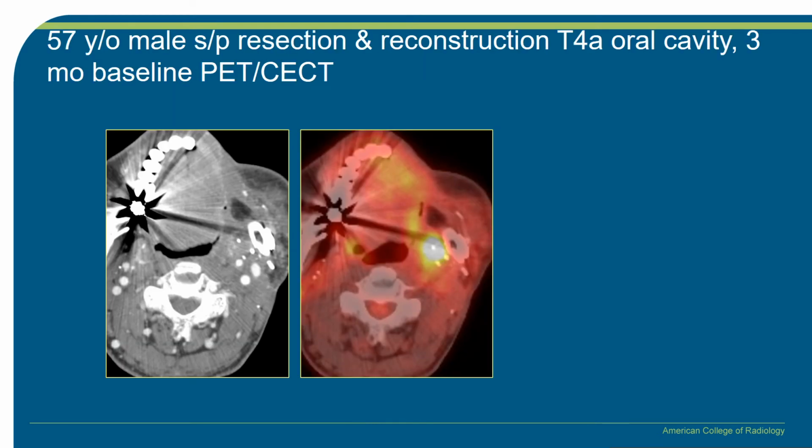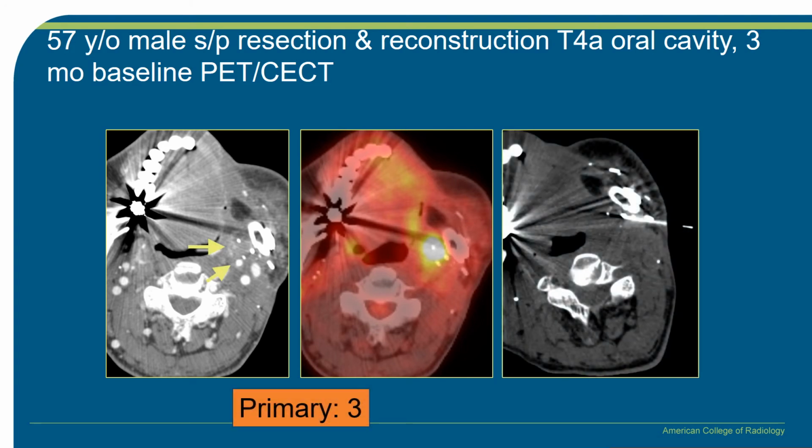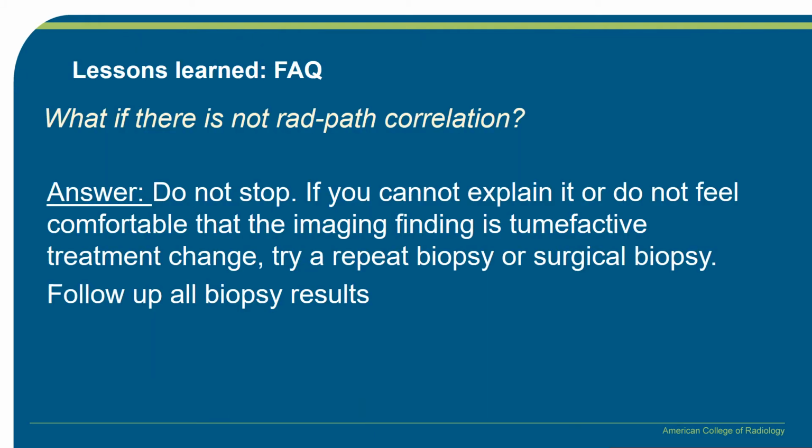So this next patient's a 57-year-old who underwent resection and reconstruction of big T4A. These are the ones that will often have some FDG uptake, but this is intense and it's very focal. And when you look on the CT, I'm not sure how well it projects here, but there is this irregular enhancement. And we gave this a NI-RADS 3. We were really worried about this, but when we biopsied it, we only got atypical cells. We didn't get definitive squamous cell carcinoma. So now you have a RAD path